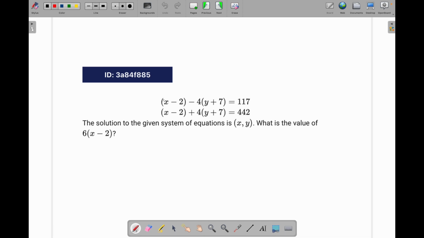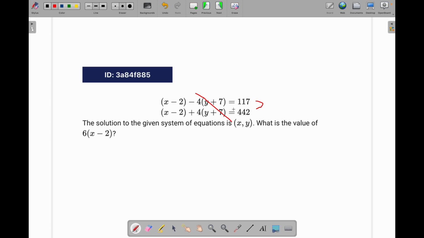But you can see this is a system of two equations, and you're going to see there's like terms. You have y plus 7 here, and that's just the same as being one variable, and then you have x minus 2 as another one. What you can do is combine these two equations. When you combine them, you're going to see these four y plus 7 cancel out, and then you're just adding